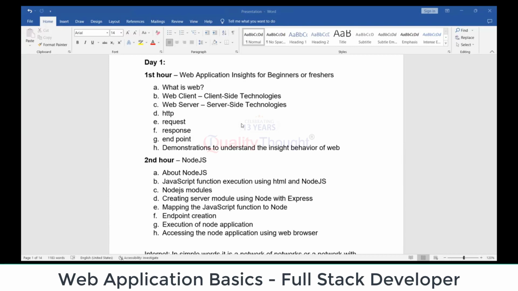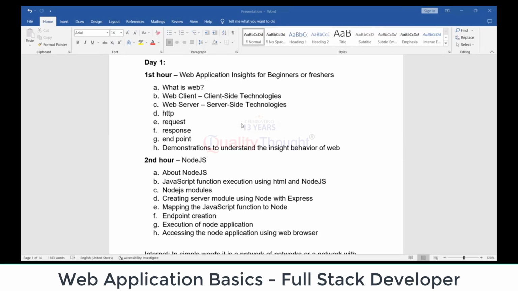Now, what does web mean exactly? Whatever answers were given by the team members, they are good. They are valid up to some extent. They are correct. But web means